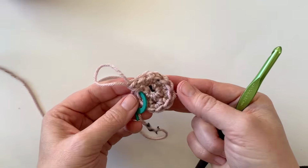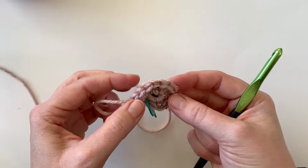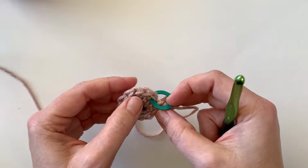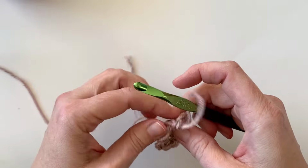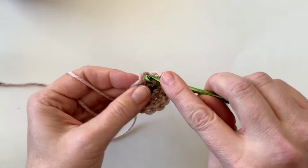All right, so I finished round 2. We're just going to make sure that we have 12 stitches. 1, 2, 3, 4, 5, 6, 7, 8, 9, 10, 11, 12. Perfect. Moving on to round 3, we're going to be working a single crochet into the first stitch,